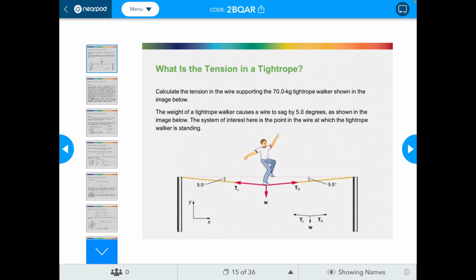All right, so here we have the tension in a tightrope. This problem takes a bit because there's some special things going on here that change it up a little bit from what we are used to seeing. So what we need to do here,